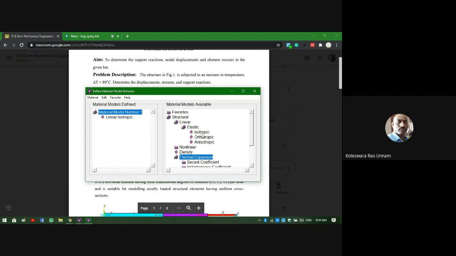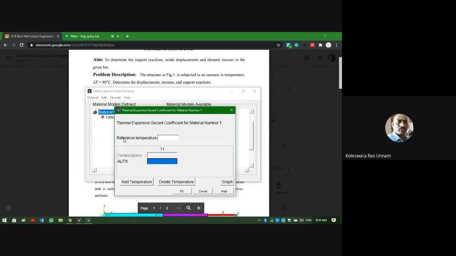Like isotropic before, in case of thermal expansion they call it secant. In that again you need to select isotropic. Then you can see the reference temperature it is asking. If I leave this blank, the reference temperature is 0. Or if I enter 20 here, the reference temperature is going to be 20. Even if you enter 0, the reference temperature is 0. Let us take it as 0.